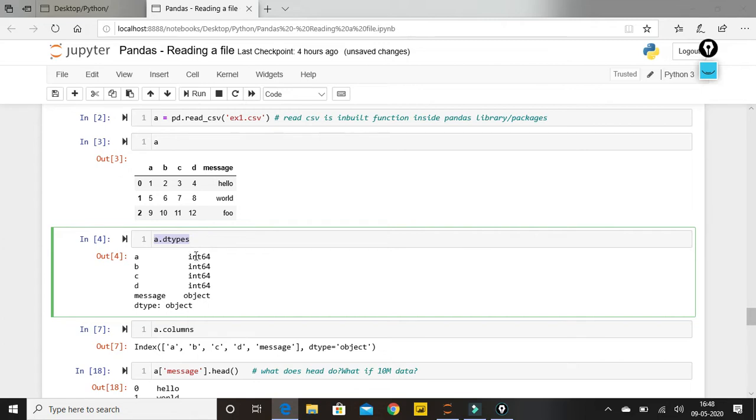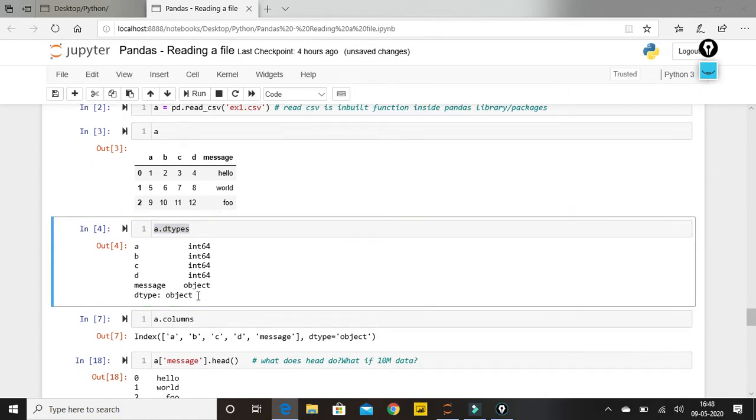So I'm able to get all the data types, which Python automatically knows. We don't have to manually mention them like we do in other programming languages such as C, Java and many more. Python is smart enough to understand the data types. Suppose there are 100 columns and we want to know the data types of all the columns along with their names, you just have to call this particular function on the data frame.